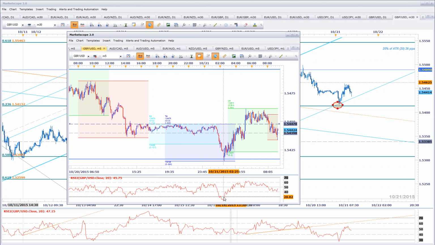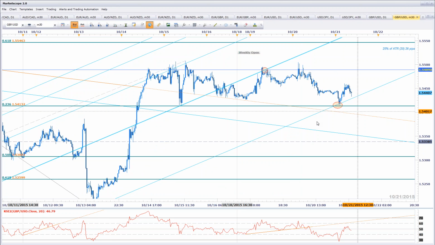The trigger for the release or the jump out of the trade would have been the break above a back 30. That would have been our indication to jump out of that position. But either way, we would have closed it because the trade came into support at a basic 236 off the high, but more importantly, the lower median line parallel.